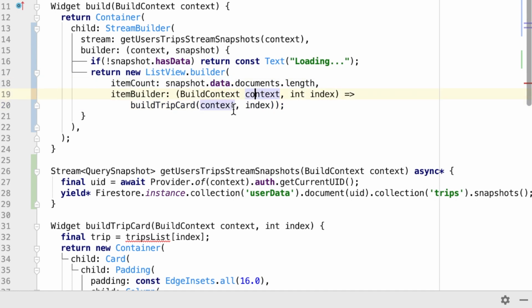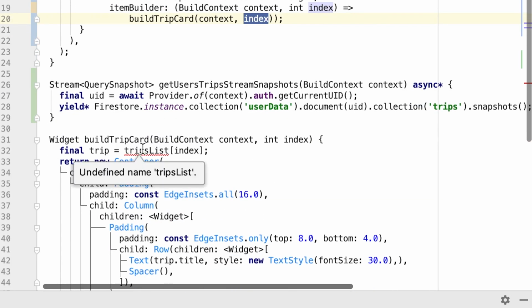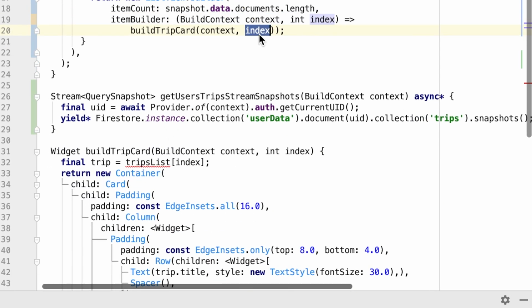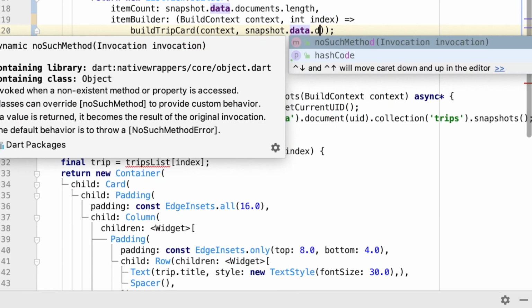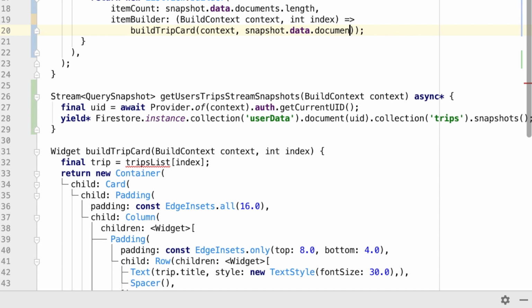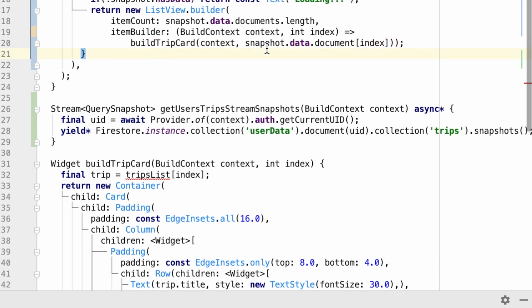Then I guess the last part down here is with this item builder. How we were building this before is the build trip card actually already had access. It was accessing the trip list and we were just giving it the index. Instead, we're going to actually give it the snapshot data for the document, but the document at the index. So we're going to give our build trip card each individual document one at a time as we go through